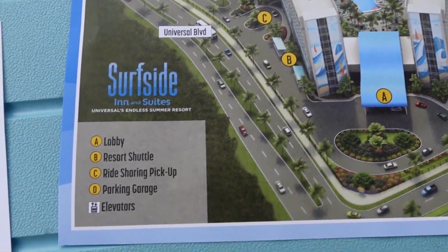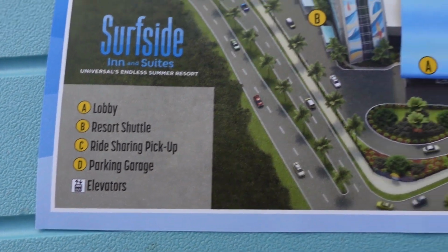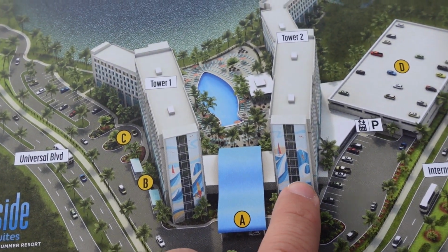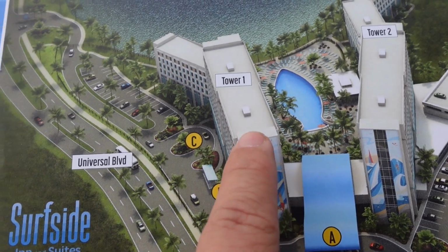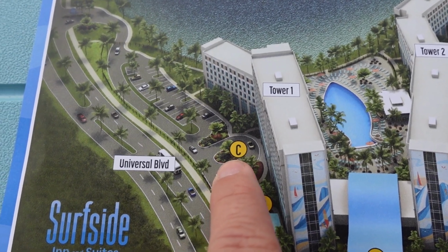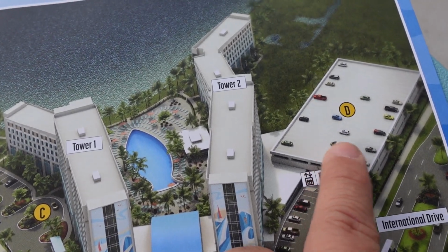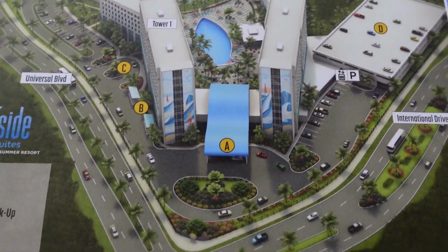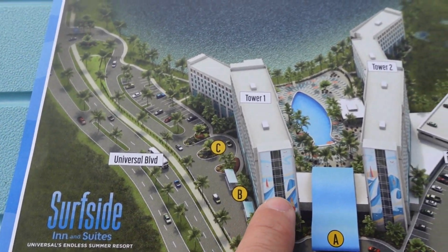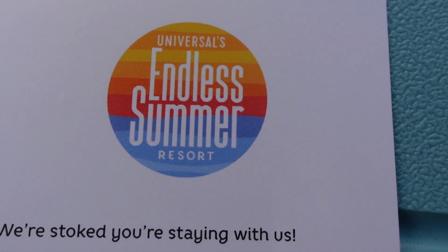It shows you where the lobby is, resort shuttle, ride sharing pickup, and parking garage. So of course, here's the entrance to the lobby for the Port Cochere. This is gonna be Tower 2. This is gonna be Tower 1, which is where we're staying. B here is gonna be where the resort shuttles pick up at. C is the ride sharing, which is always gonna be on this side as well. Then we parked here in the parking garage, which is gonna be marked as D. International Drive is on one side of the towers, and then Universal Boulevard is on the other side of the Surfside Inn and Suites. So now, let's go take a look at our room at the Universal's Endless Summer Resort,